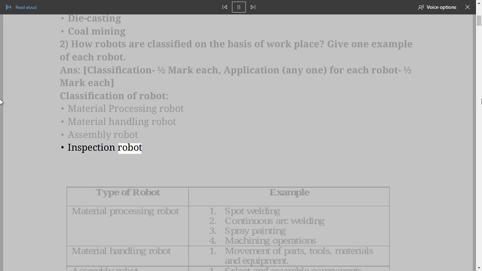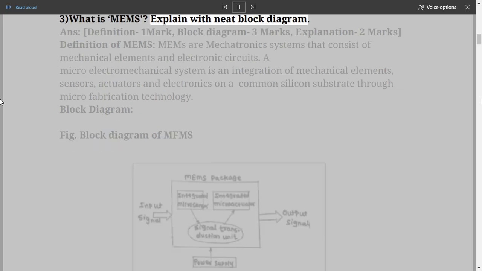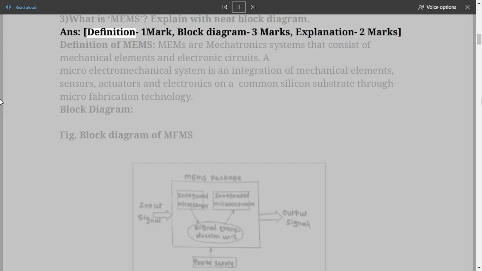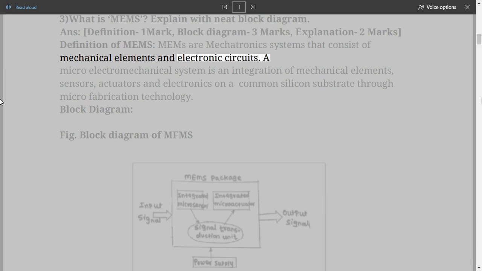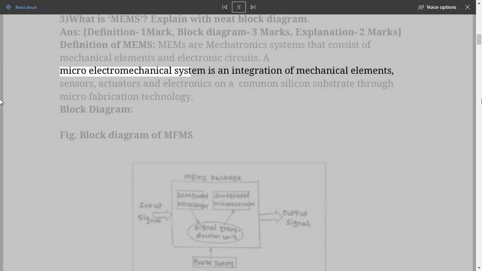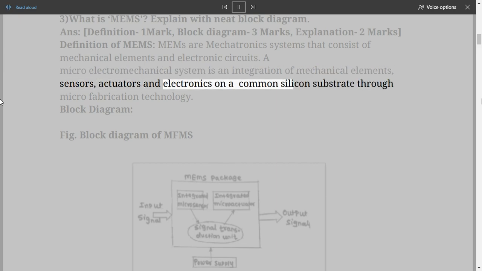3. What is MEMS? Explain with neat block diagram. Definition 1 mark, block diagram 3 marks, explanation 2 marks. Definition of MEMS: MEMS are mechatronic systems that consist of mechanical elements and electronic circuits. A micro-electromechanical system is an integration of mechanical elements, sensors, actuators, and electronics on a common silicon substrate through microfabrication